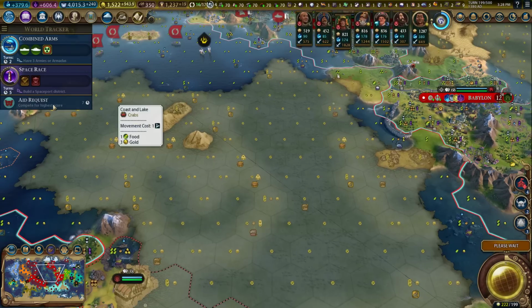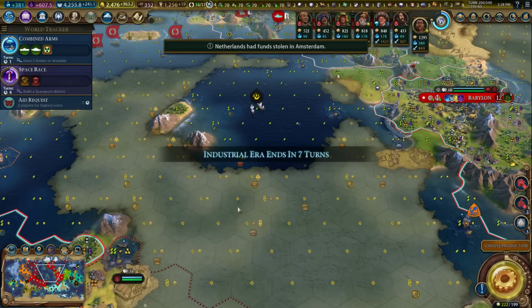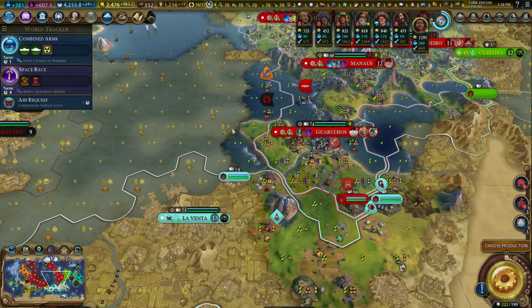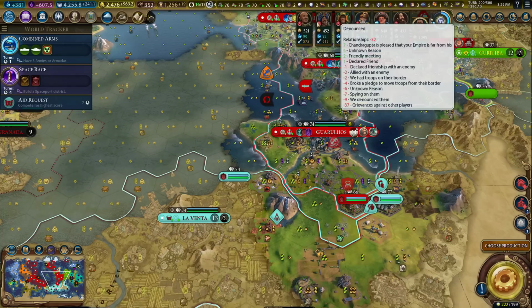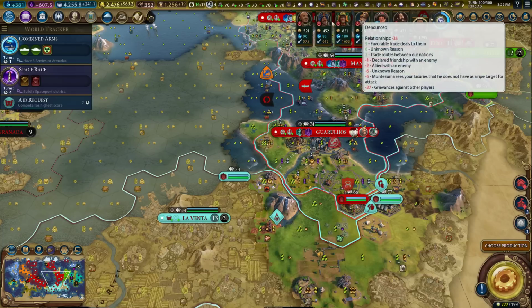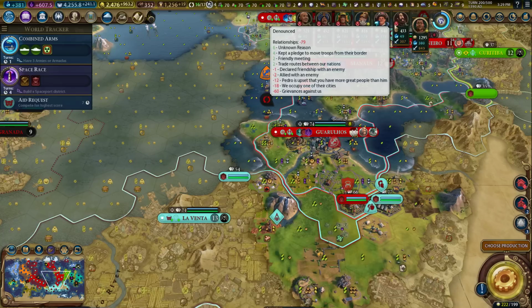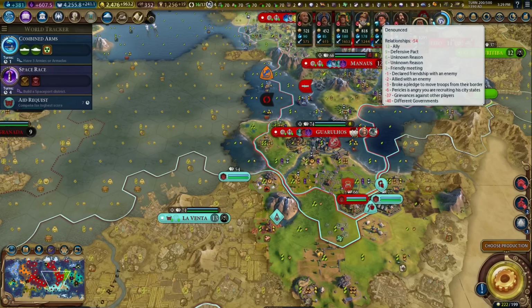And yeah, so our aid request is coming up. Amsterdam had funds stolen. At that point, I feel like it's probably a good idea for us to go down here and restore these guys to freedom. So the world still really hates us. Like, what are your grievances against us for doing what we did to you? It says grievances against other players, so he doesn't seem to be mad at us for what we did. Oh, so Brazil still has grievances against them in particular. Maybe that's the thing, is that everybody's still mad about...